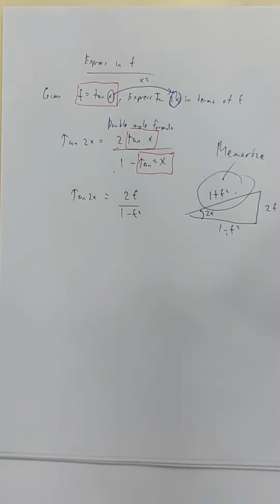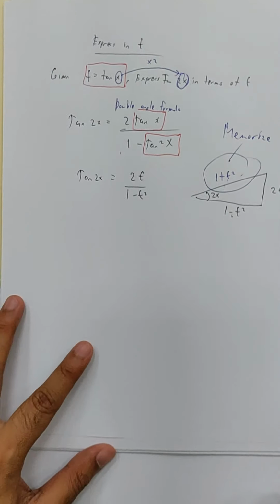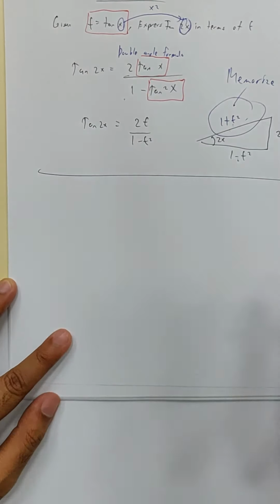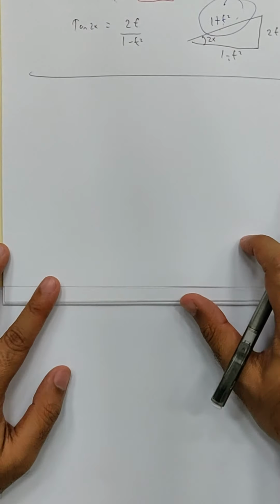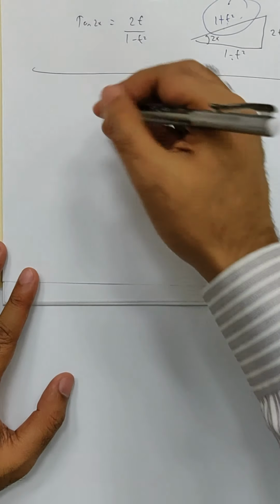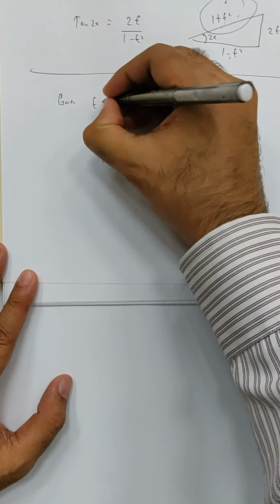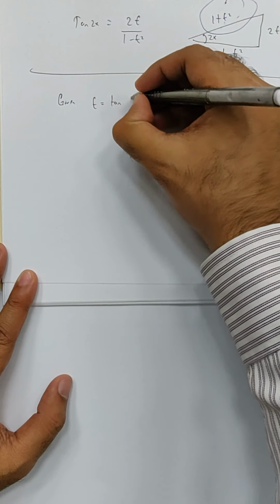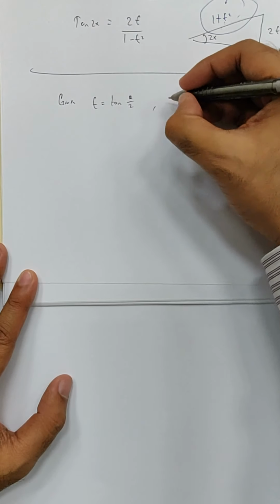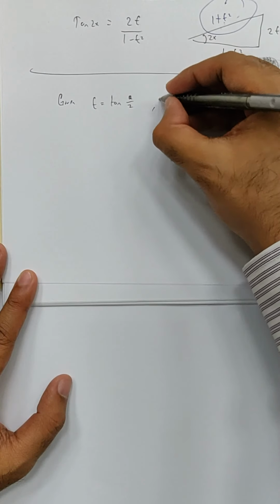Yeah, if you try to find that in exams, I tried it once, I got it wrong. So it's better to memorize that one. And that's the very basics. Okay, of course you can also be given in another way, which is very similar as well. Let's say that given t equals to tangent theta over 2, then express